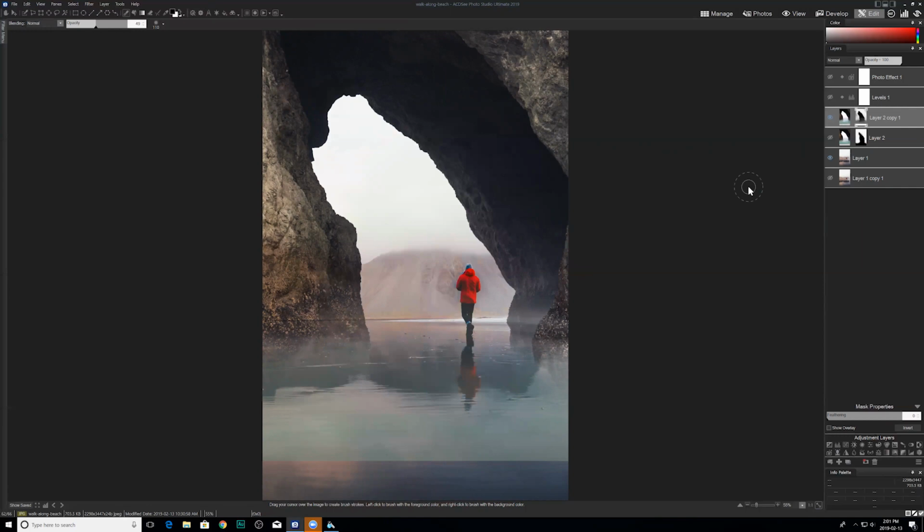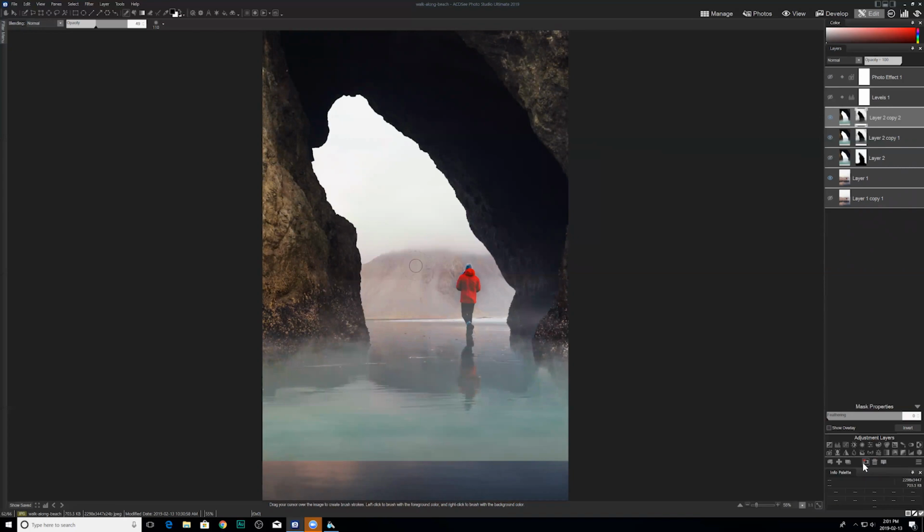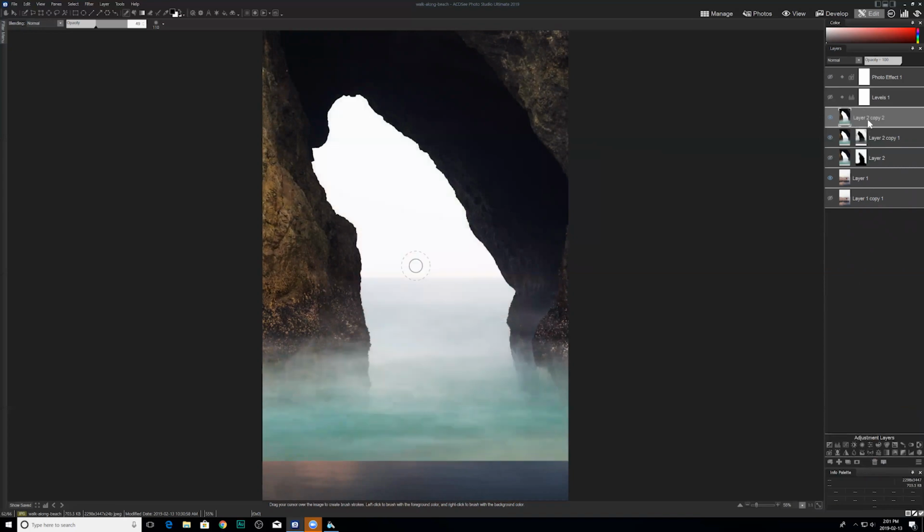Now that we have our layer 2 placed, right? That was one way of making a selection, luminosity selection. One was just using the brush tool, but we haven't also talked about just making a selection with the brush selection tool itself. So we've talked about the move tools, with specifically move right here. We've talked about the brush tools, which appear in here, along with masking and color